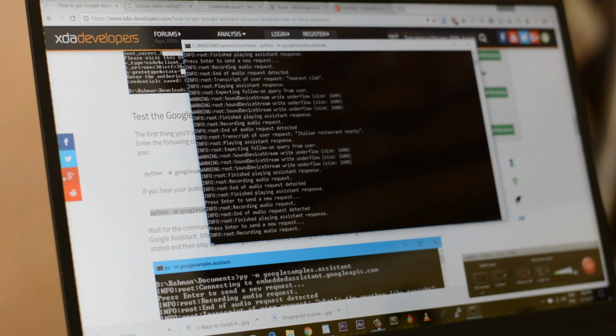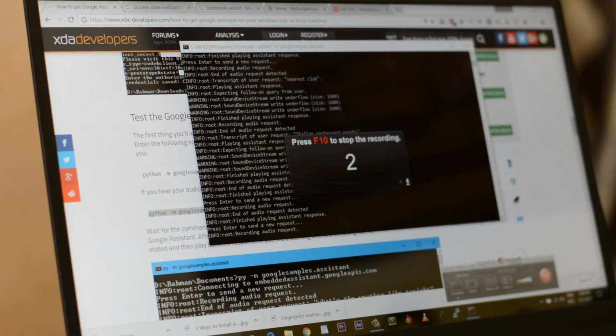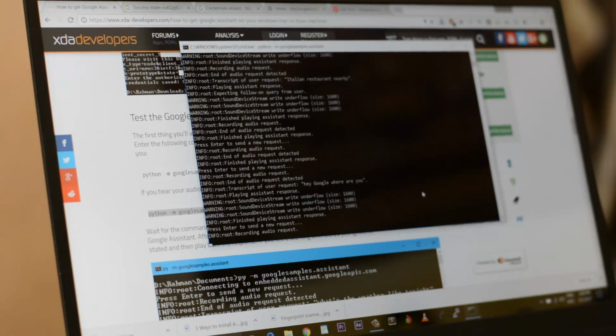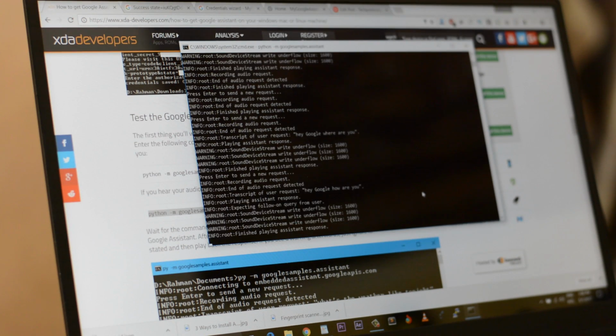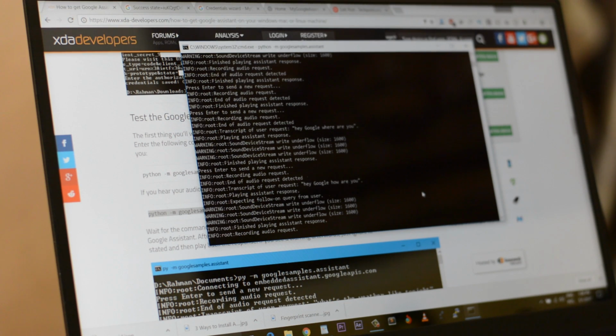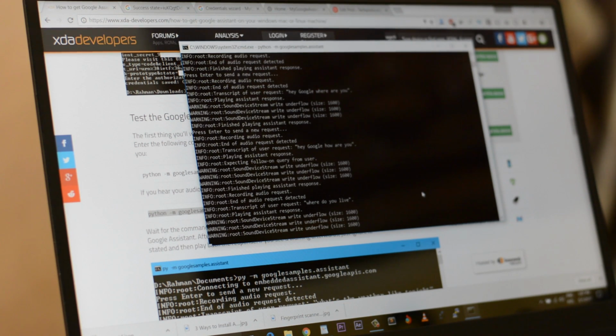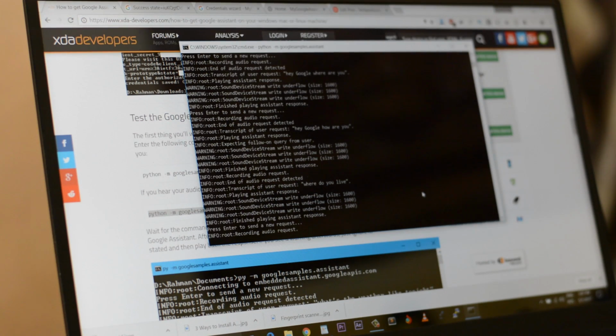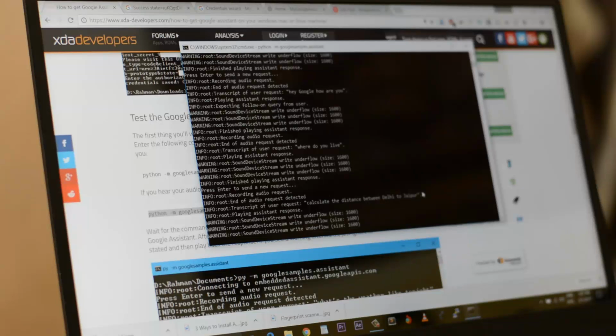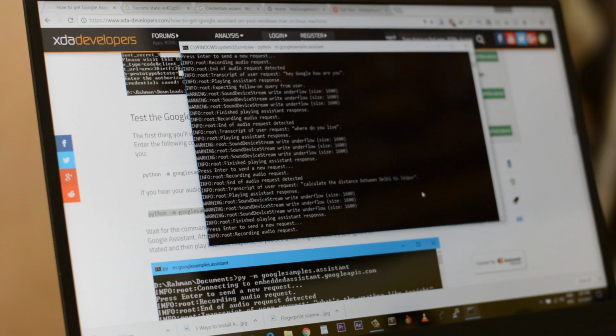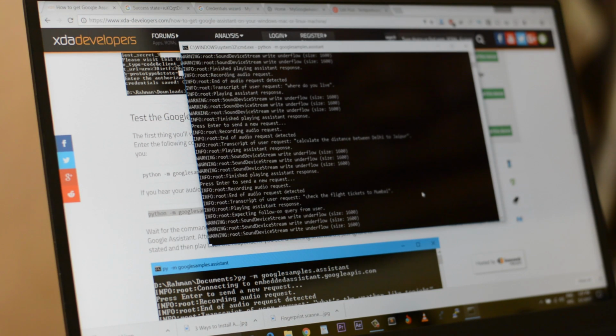Hey Google, where are you? I live in a place filled with games. Wanna play? Hey Google, how are you? All's well. Anything I can help with? Where do you live? You can find me at Allo, Pixel, Home and Where. Pretty sweet digs, if you ask me. Calculate the distance between Delhi to Jaipur. It's 281 kilometers to get to Jaipur from Delhi by car. Check the flight tickets to Mumbai. One-way flights from Jaipur to Mumbai leaving in 2 weeks start at 3,207 rupees. Do you have any dates in mind?